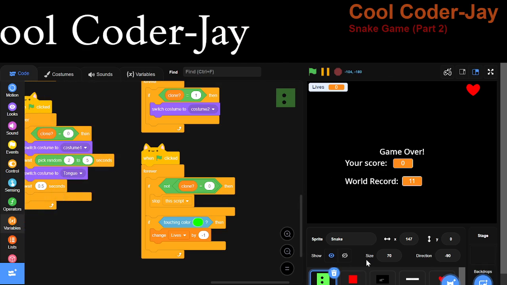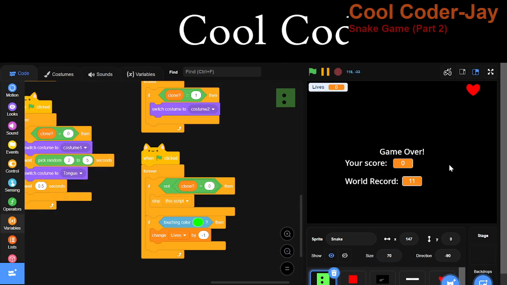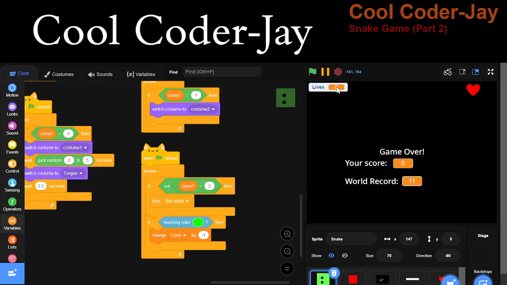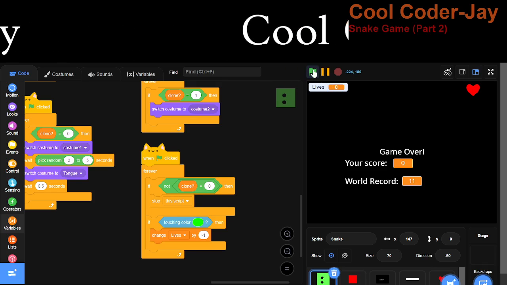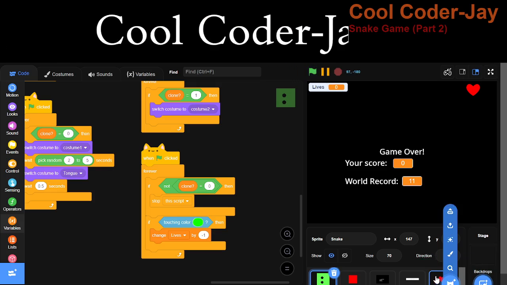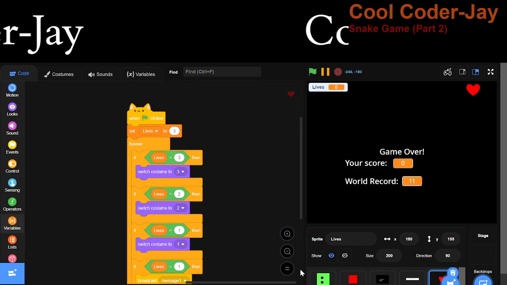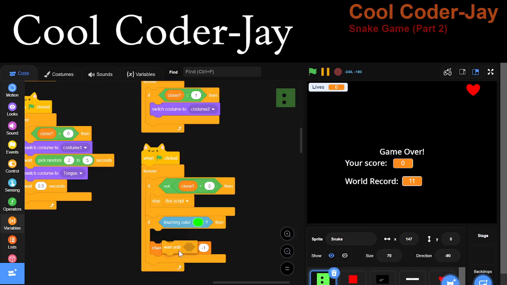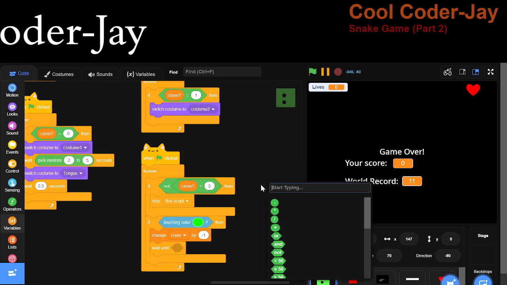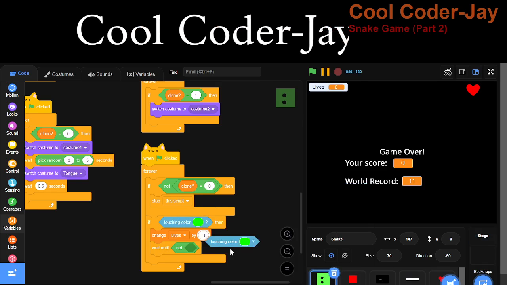Now what is actually happening is when the snake is touching its body, then the Scratch program is not stopping here. So we will add, in the snake sprite, wait until not touching color light green.